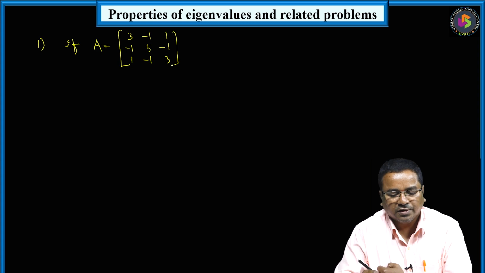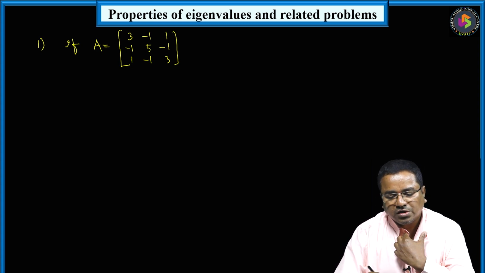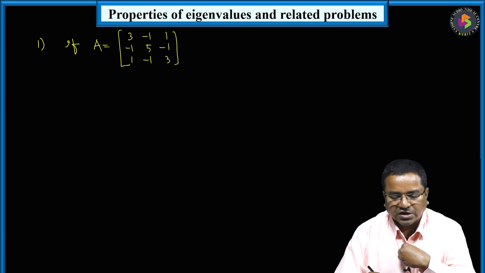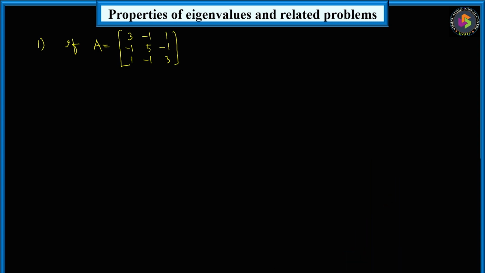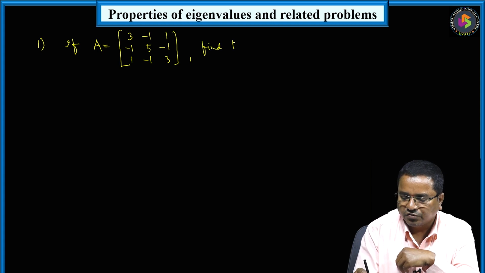So A is a 3 by 3 square matrix. The first row is 3, minus 1, 1. The second row is minus 1, 5, minus 1. The third row is 1, minus 1, 3. Then find the eigenvalues of